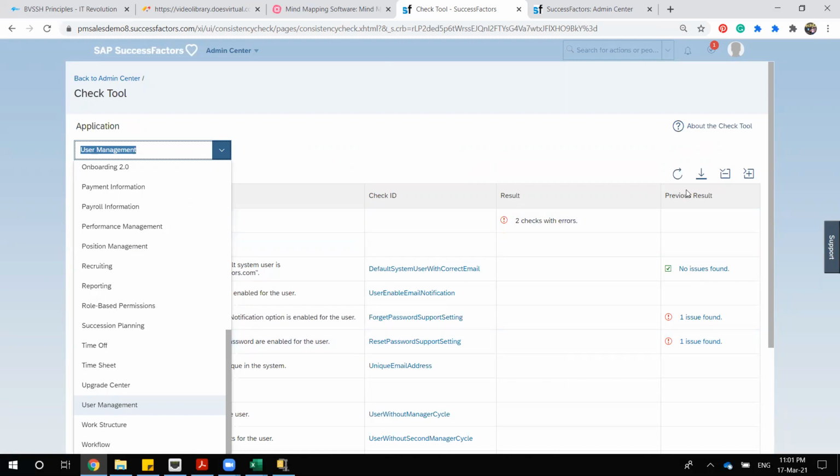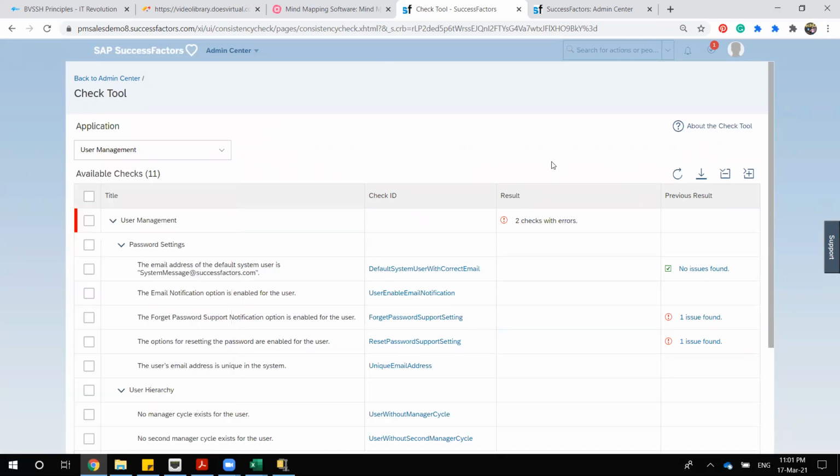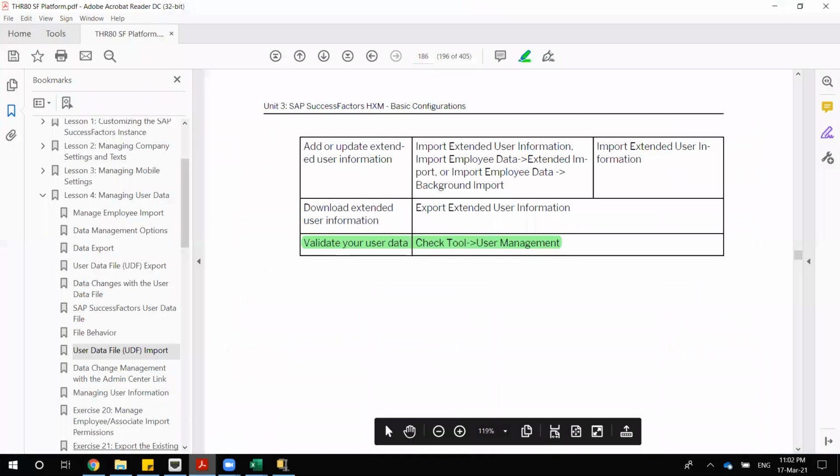You can also download the report. Suppose you would like to send it to the HR who is responsible for correcting the data. Suppose HR does not have access to the check tool, you can download this and send it to the HR so that they can correct those details. This is the easy way. So after understanding the check tool, now let me go to